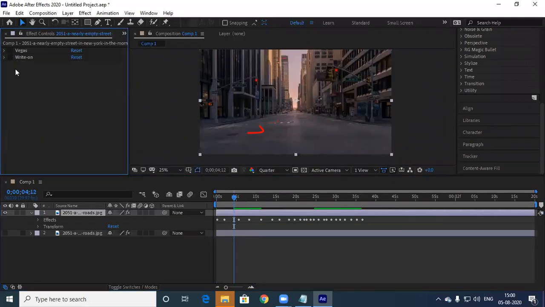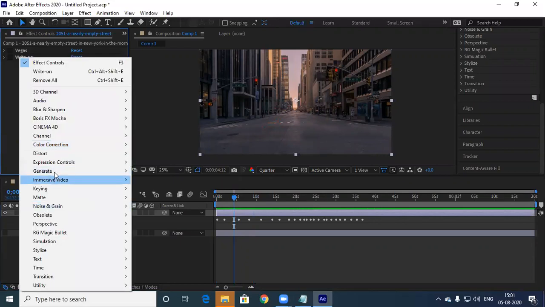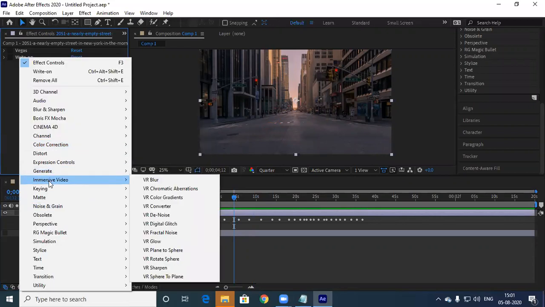So this is Write-on. So this again from Generate. So try that. Now these are immersive videos. You know, virtual reality videos and all we can create. So for that, basically it will create two different channels. One is left eye and right eye videos. Any video we can create into two.